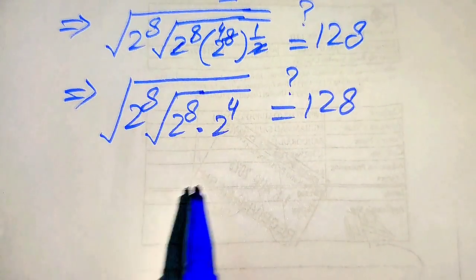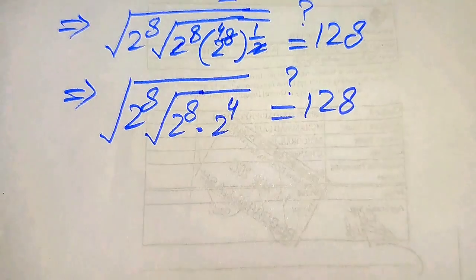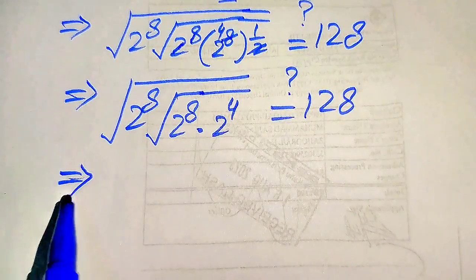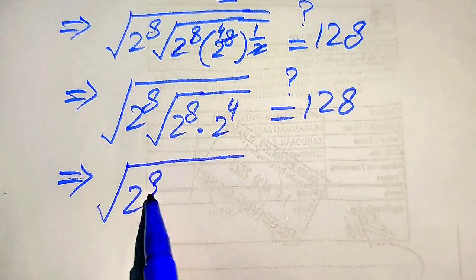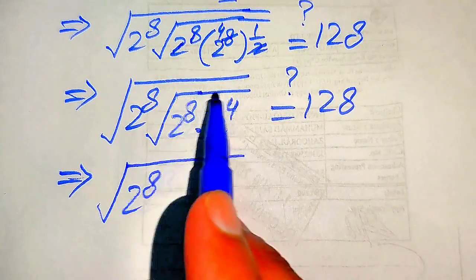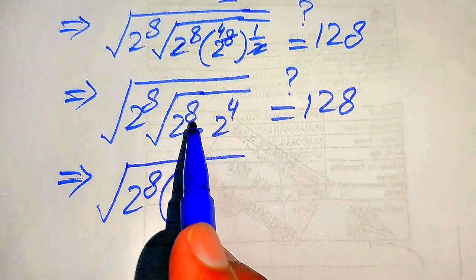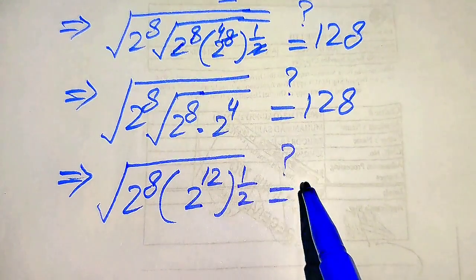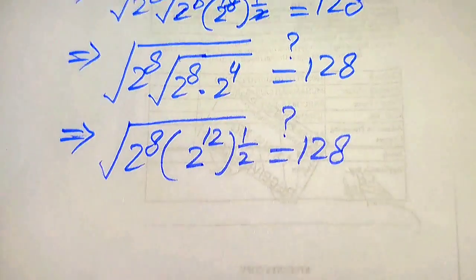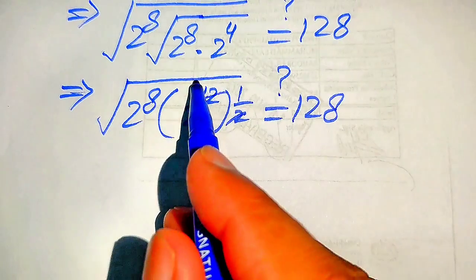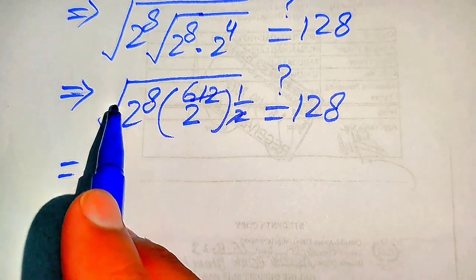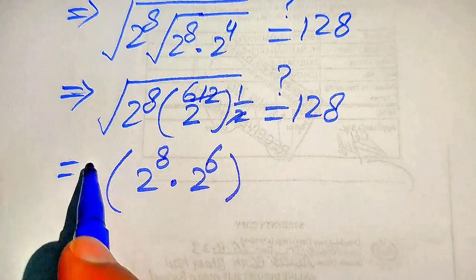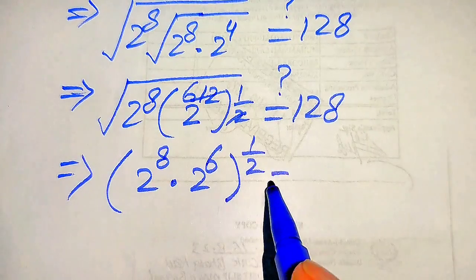So here in the next step we need to use the exponent law, and according to this exponent law we add these two exponents, and it will be written as square root of 2 to the power of 8 into, also we write this square root in the exponent form, and you get here 2 to the power of 8 plus 4 becomes 12, and its whole power is 1 over 2, and we check, is this equal to 128 or not? So here we cancel these terms. 2 times 6 becomes 8,